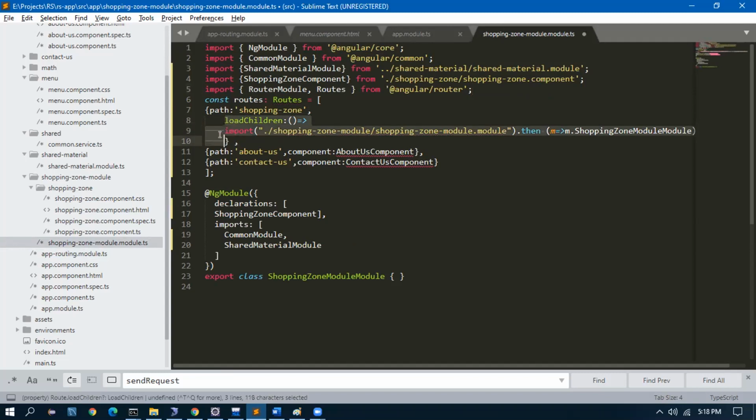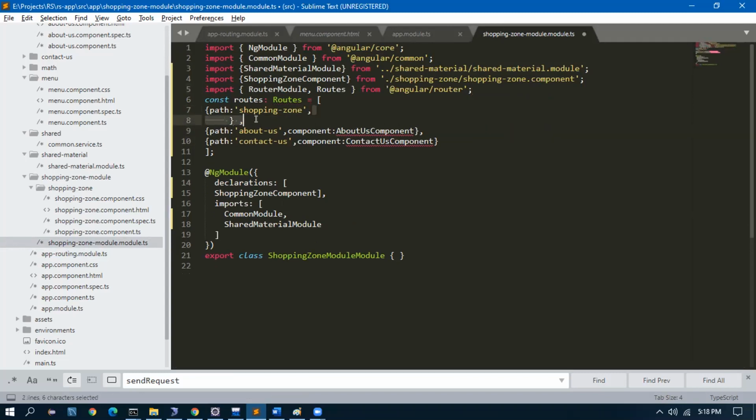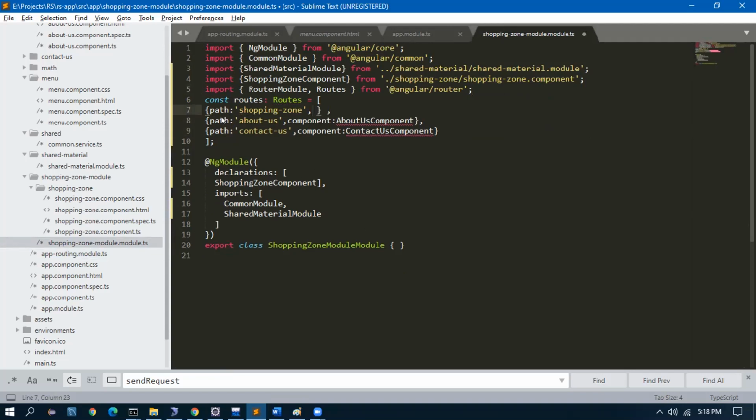Now this one will not have a loadChildren. It will say that if the URL is coming as empty, then load the shopping zone component. The component is ShoppingZoneComponent. This was earlier given in the app module, app-routing.